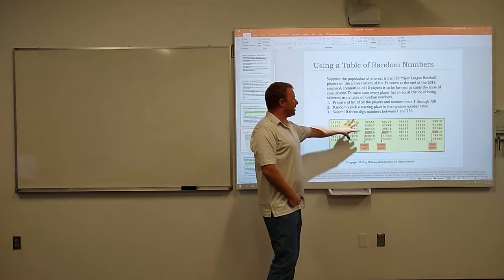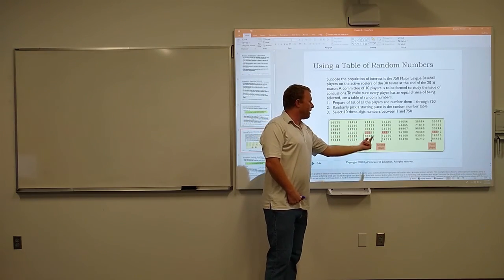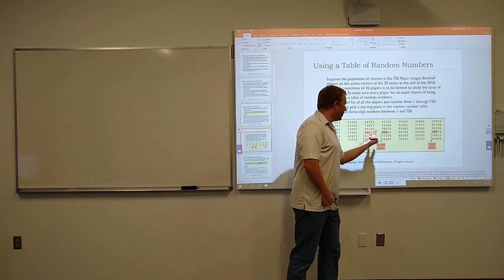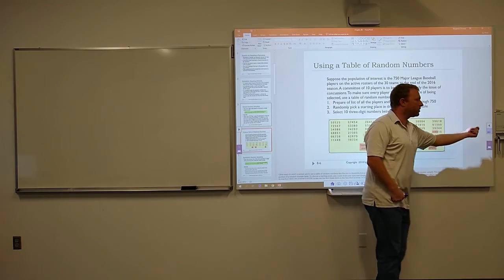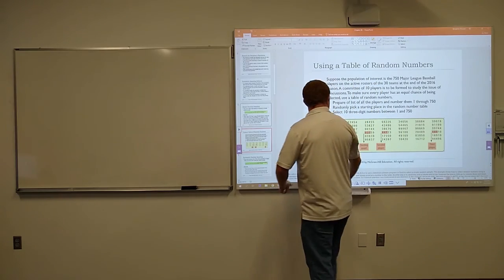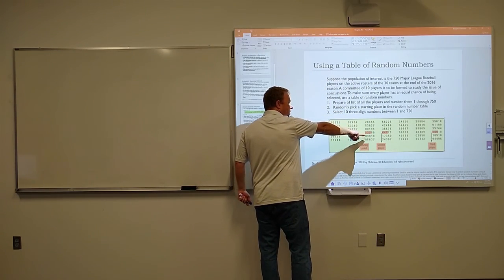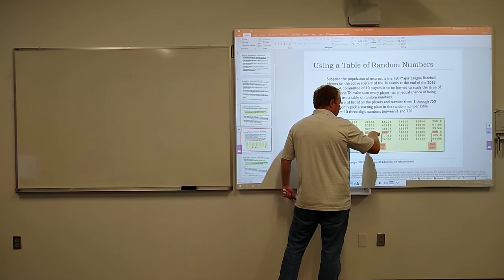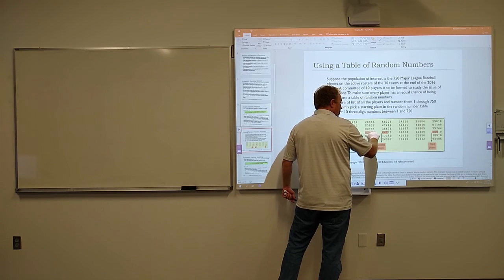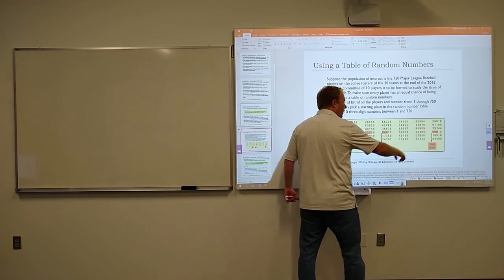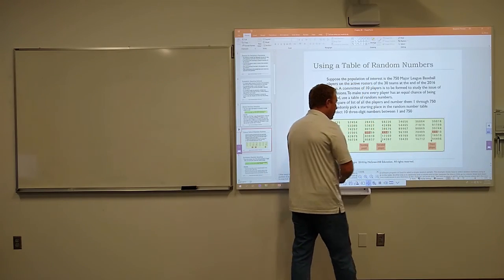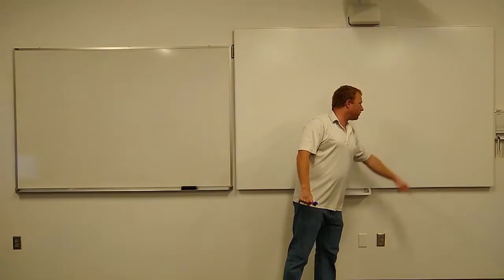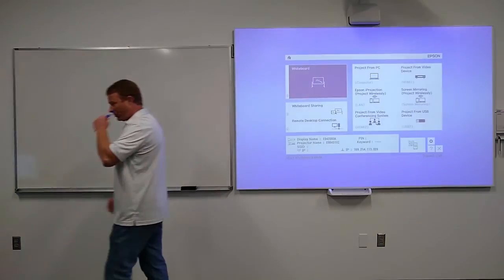So we're going to pick a place in this table of random numbers, and we're going to come up with a pattern. So we're going to pick 2 here, skip 2, pick 2, skip 2. Of the third row down, the first 3 in the column. Okay? So these 2 are skipped. We're going to pick 037 from here, 447 from here, skip 2, 189 from there. The starting player, second player, third player,